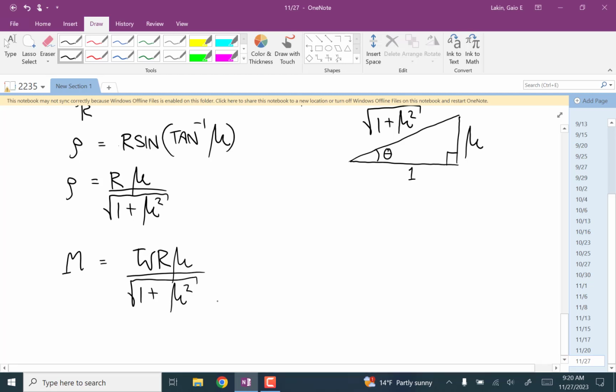Okay, well, this is a formula that I could just give you, but I want you to remember how this works,